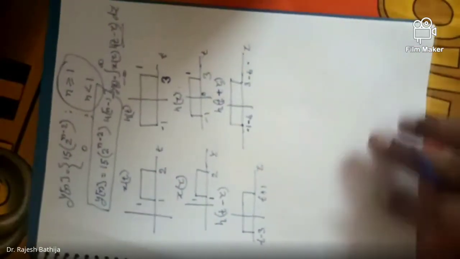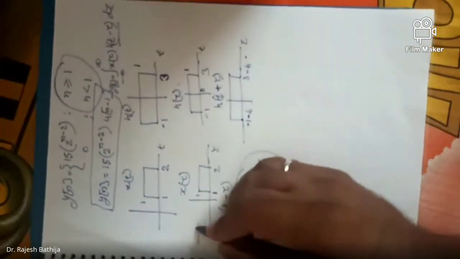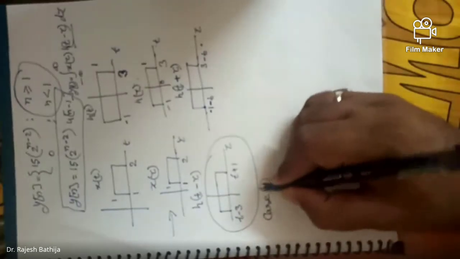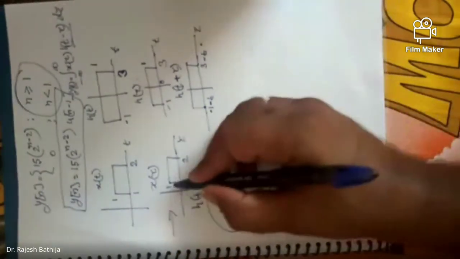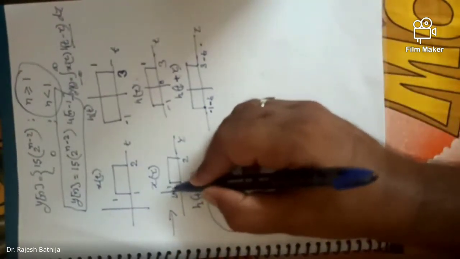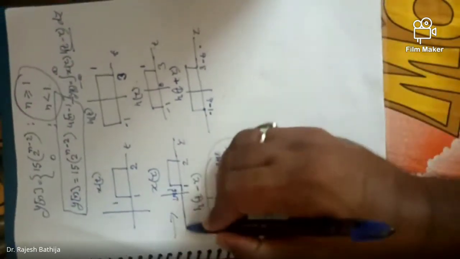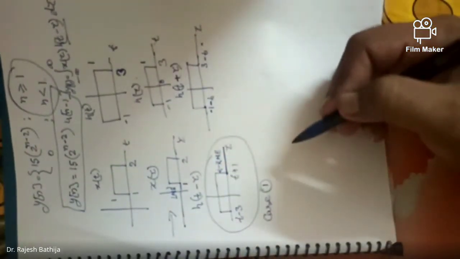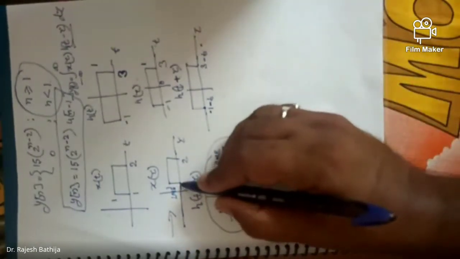So this is here. Now what I have to do, I have to roll this signal over from this side. Now how do I roll? There will be 5 cases. See here, what are the cases? Case first. This is called the rightmost edge. Always what we do, the rightmost edge will fall before the leftmost edge. This is the leftmost edge of this signal. Before the leftmost edge it should be 0. After the rightmost edge it should be 0. The rightmost edge of the second signal should fall before the leftmost edge.